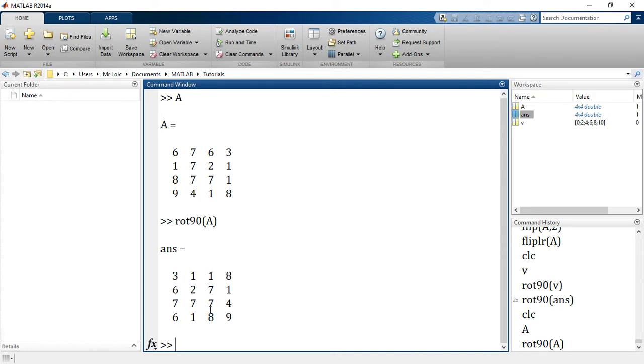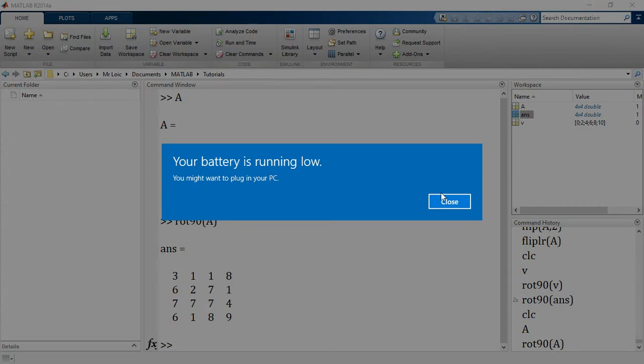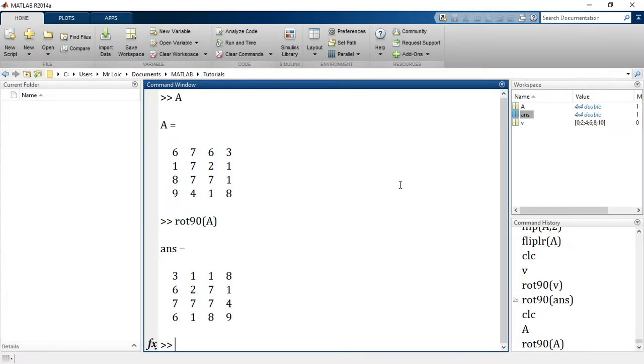Or the way you can also look at it is just to see that this has been shifted up, this next, and then this next. Apply the same principle, it will always work correctly. So I think we will stop here for this tutorial, and we'll look at more functions in the next. See you then.